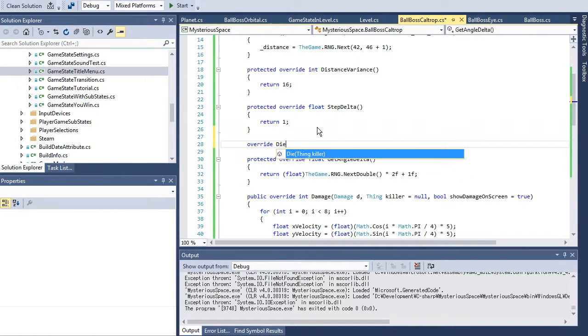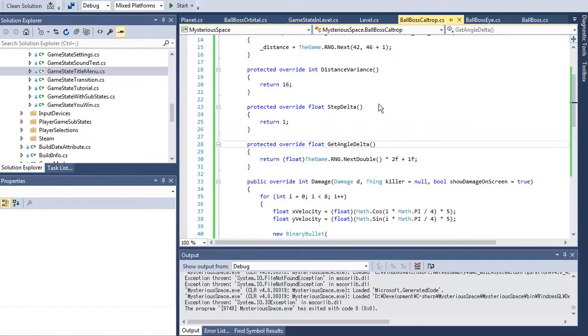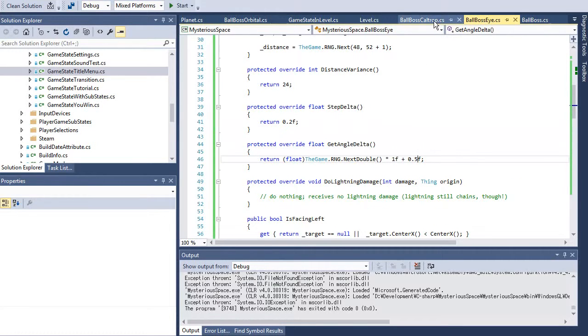Well, they have a die method. Yeah, what if we just kill them with die? I think that might be good. So each eye should have a list of,